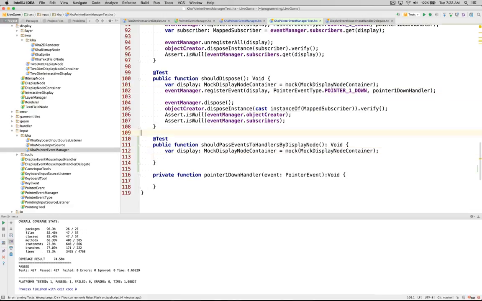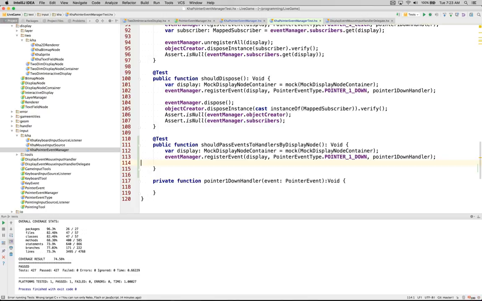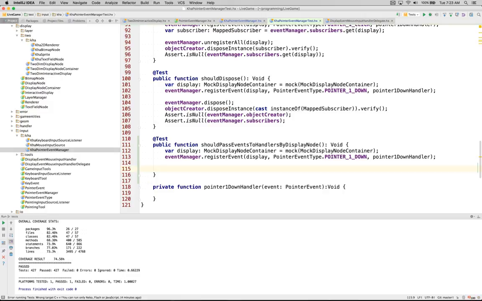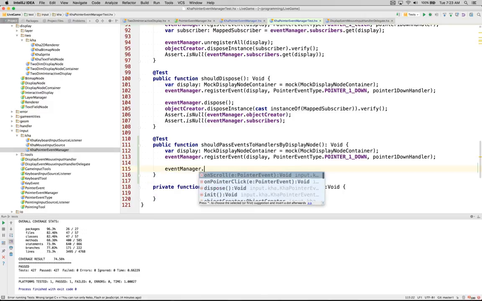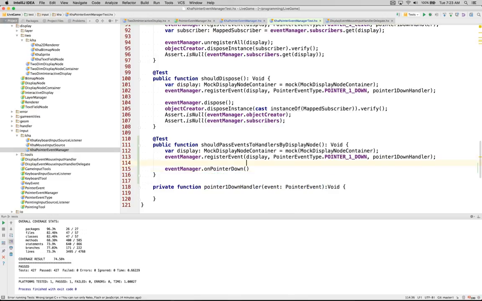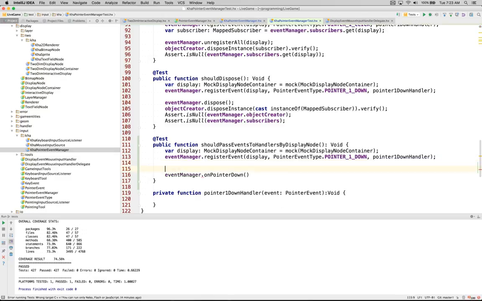We register the pointer down, and then what we're going to do is call the event manager on pointer down, and we need a pointer event, so we can say create pointer event, and there'll be a display and the x and y. So we'll say this and this,